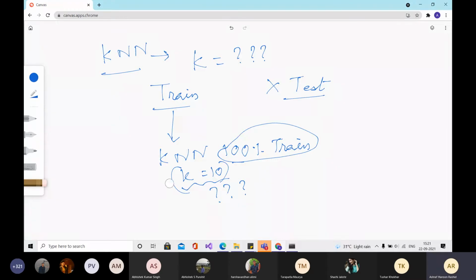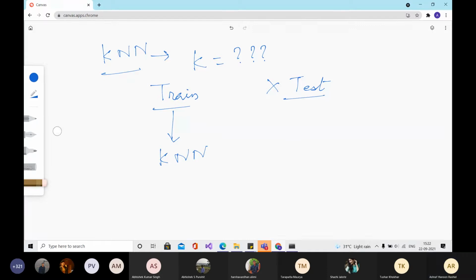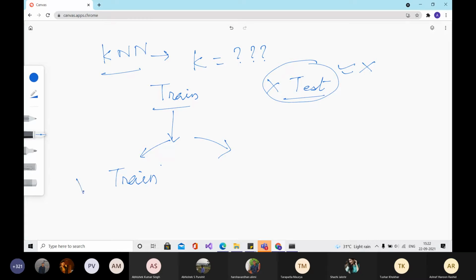It turns out that yes, we do need to look at the performance on a test set, but that test set is not the test set we are talking about. This is separate. We will not consider this. What we will do is separate this train set further into, let's say, a final train set and a validation set.